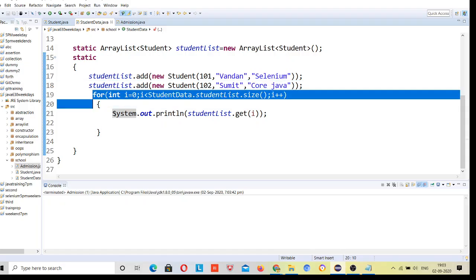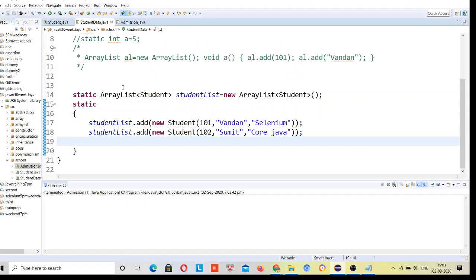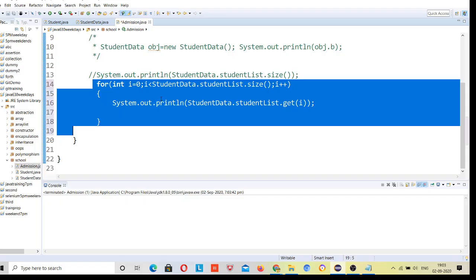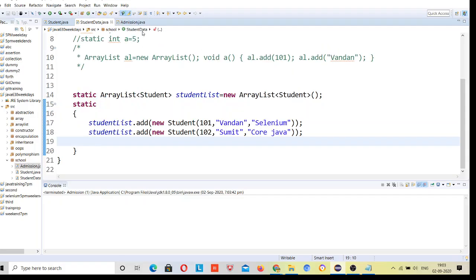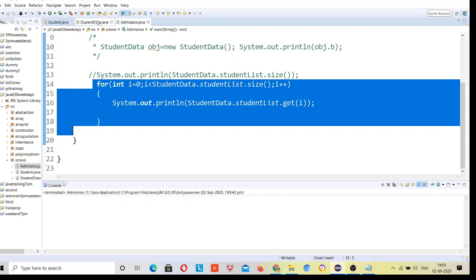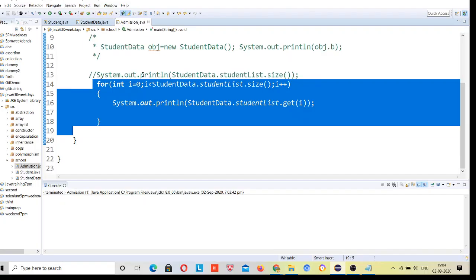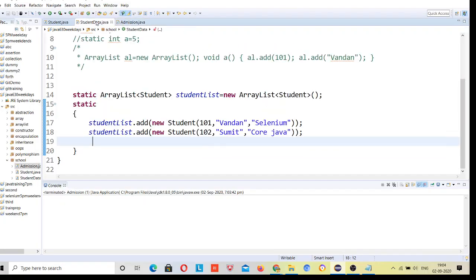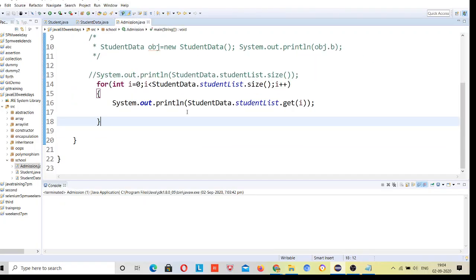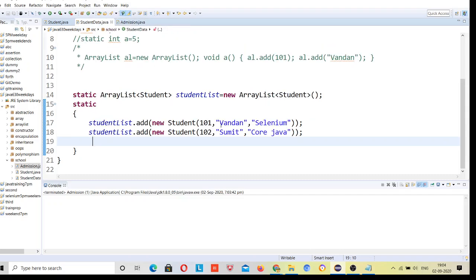I will show you why it's not working here, but first understand the basic concept. I will show you why this is not working later on. First understand this, because there are some concepts that need to be explained related to the static block's limitation. So before anything, this static block will be loaded and you are printing this here. Okay, so does anybody have any questions till now?